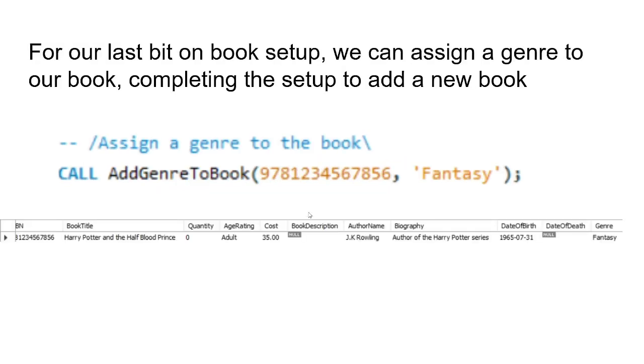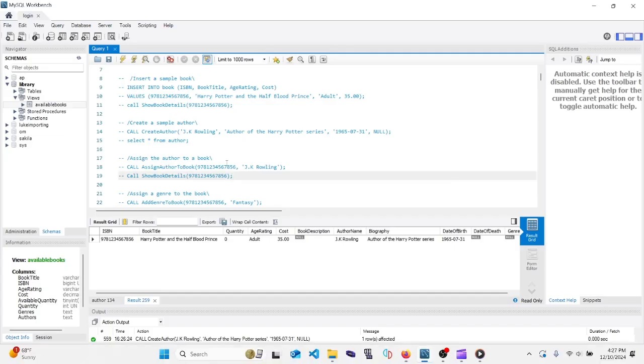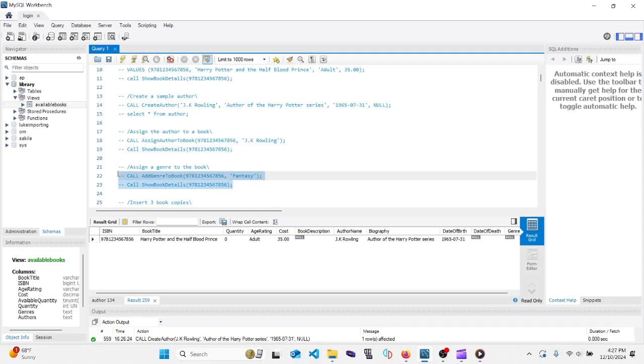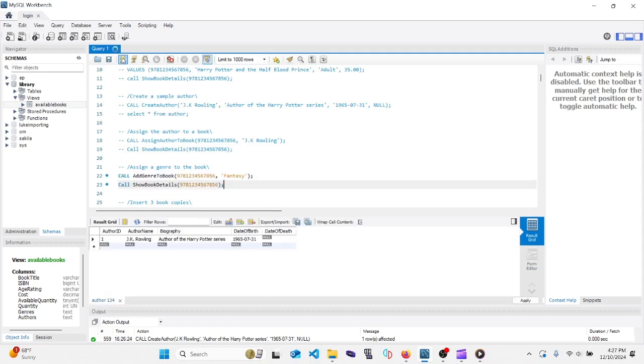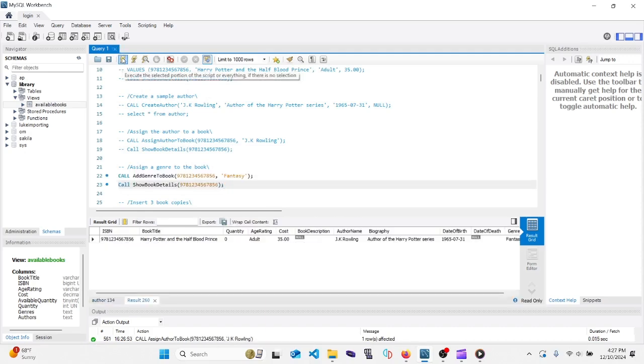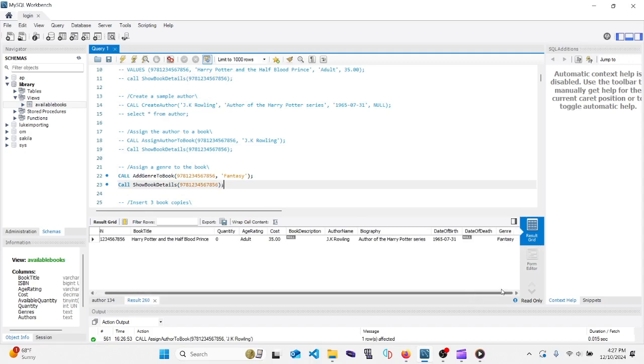So to add a genre, another stored procedure, pretty easy. We're going to add an ISBN, same one as before, and then also the name of the genre that we're trying to add. So jumping into here, let's go ahead and do that and add it. And now we can see that we have everything filled up here, plus at the very end, kind of getting cut off a little bit, is the genre, which is going to be fantasy. And that's how we add the genres to our book. And so now show book details is going to show basically everything that we need. So let's go ahead and comment this out